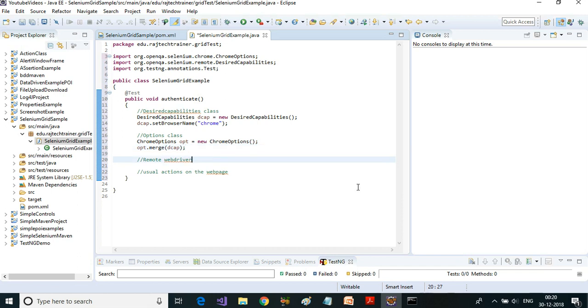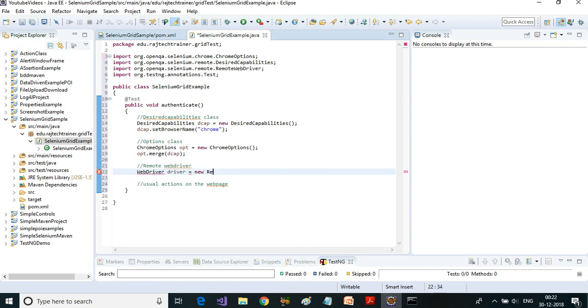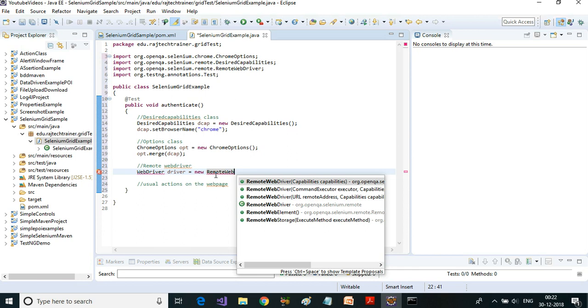Now we need to create a remote web driver. WebDriver driver is equal to new RemoteWebDriver, and this RemoteWebDriver has got overloaded methods.